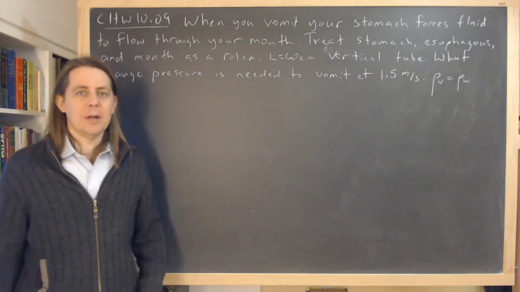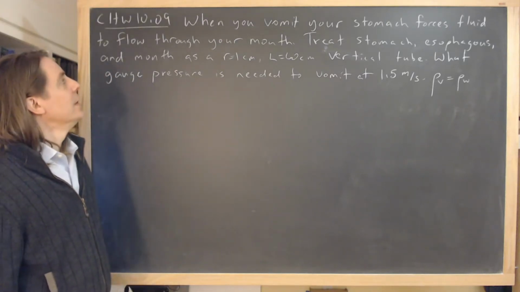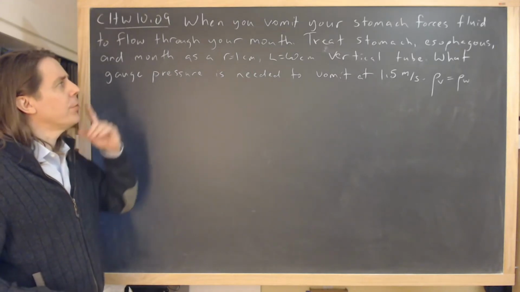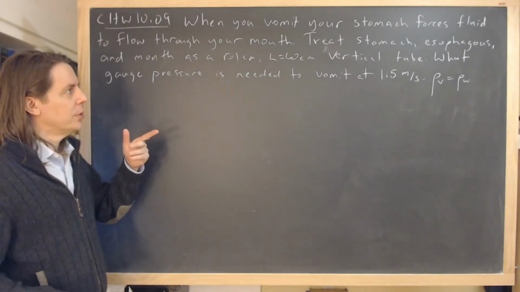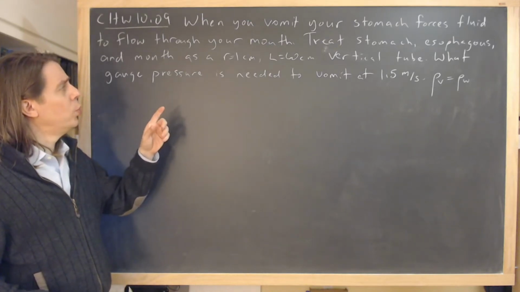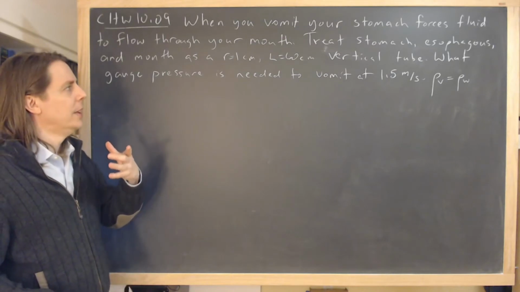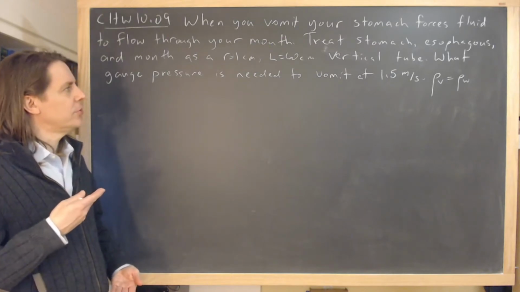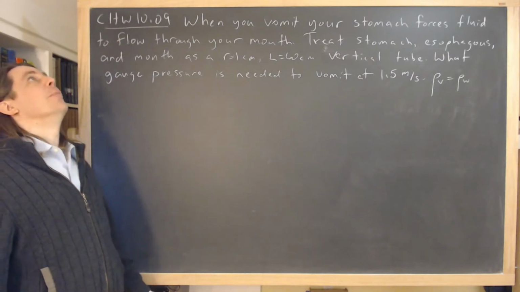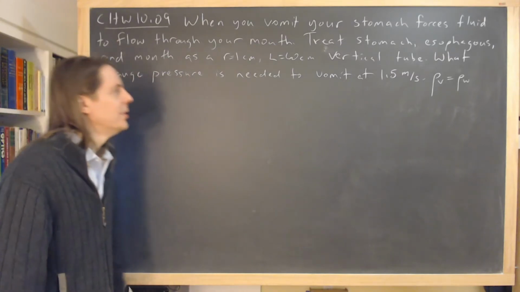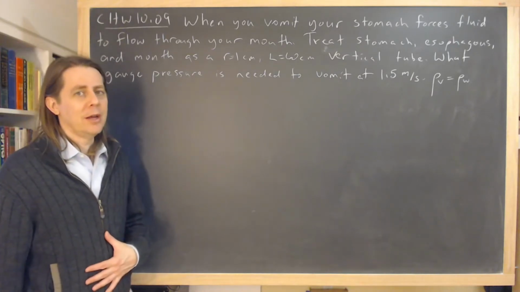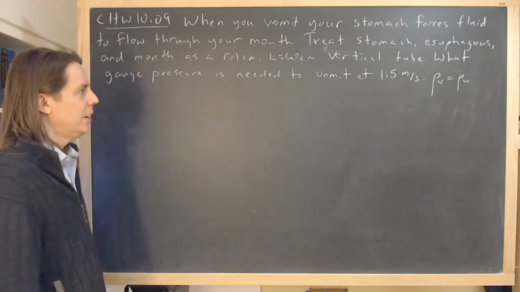Here's some pressure estimating related to vomit. When you vomit, your stomach forces fluid to flow out through your mouth. So we're going to treat the stomach, esophagus, and mouth as a 1 centimeter radius tube that's 60 centimeters tall, and it's vertical, of course. So we're assuming just standing up vomiting like this, not the classic, bent over. So what gauge pressure would your stomach have to apply to get the vomit to come out at 1.5 meters